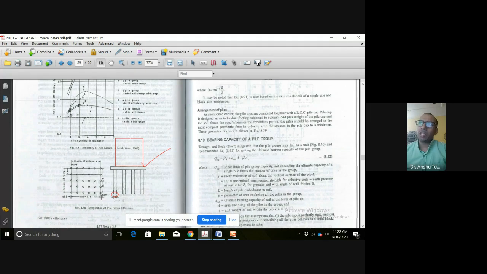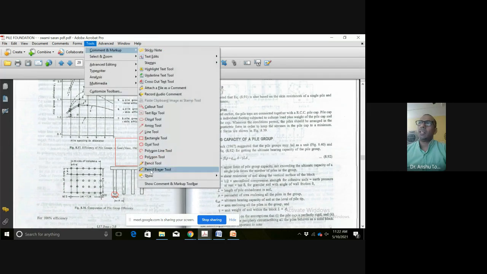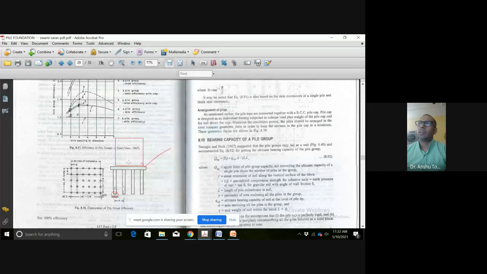So whatever load is coming from above, it has to be resisted by this particular pile group based upon whatever is the bearing strata. Where is the bearing strata available? That will again decide what is going to be the depth of the pile. Whether it be 5 meter, 9 meter, or 15 meter. So bedrock, mostly we take it up to the bedrock, which can be 9 meter, 10 meter, or